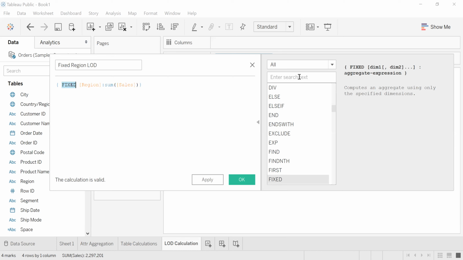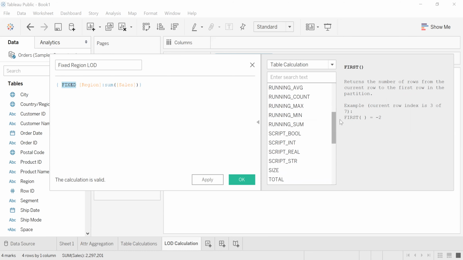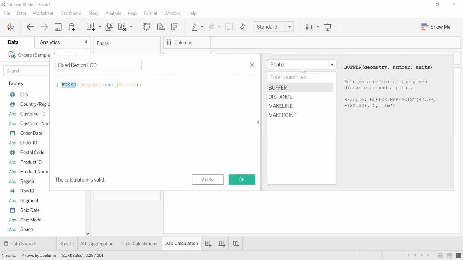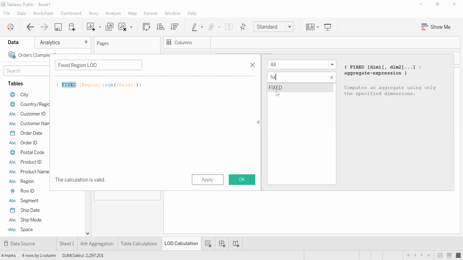If you go here, you see fixed is a keyword, and with the keyword we will have the dimension at which we want the metric to be fixed.